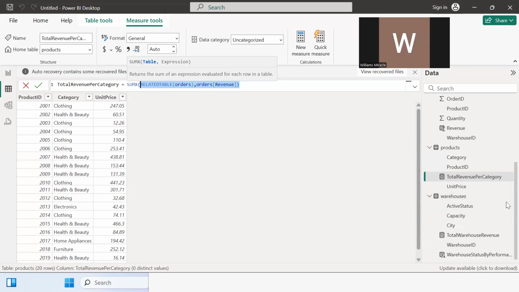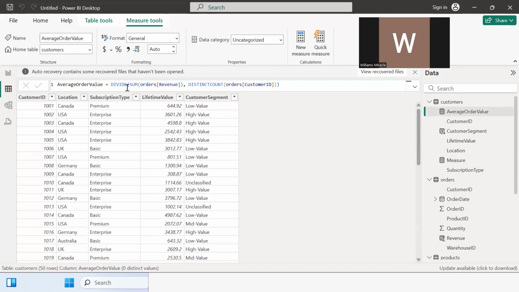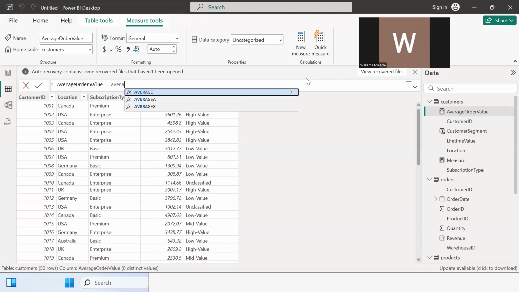So we also did something on the average. Where is it? This is our average order value. We're actually told that for our average order value, we should use average X. So you can also try using average X. Let's try that instead of this divide. Now we'll say average X